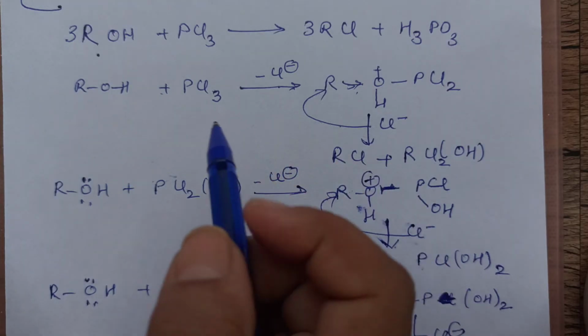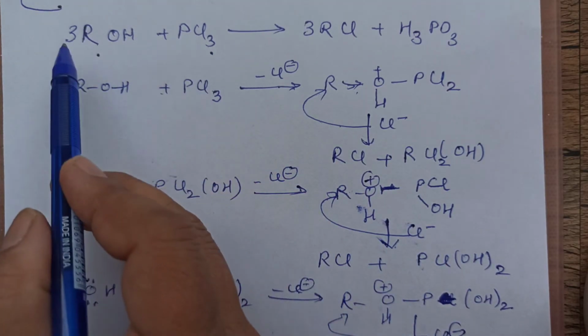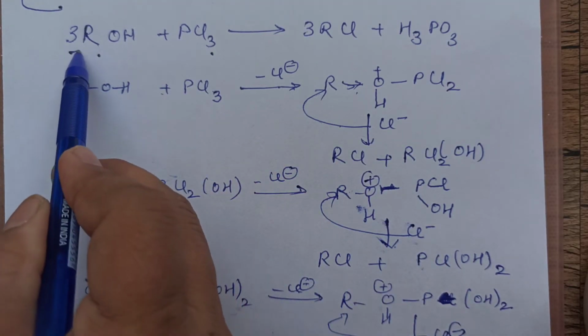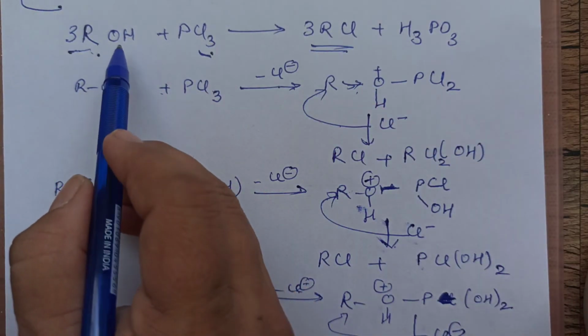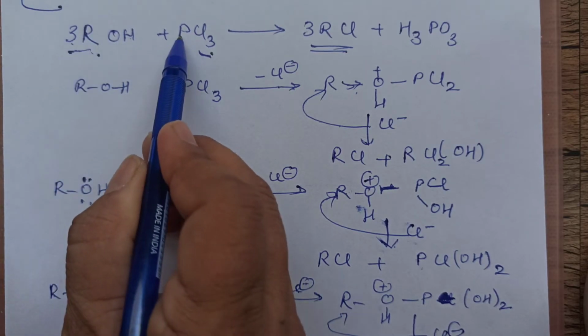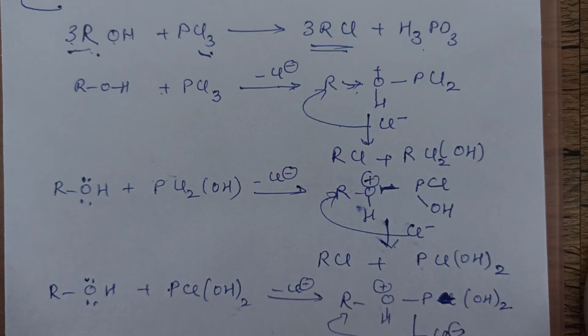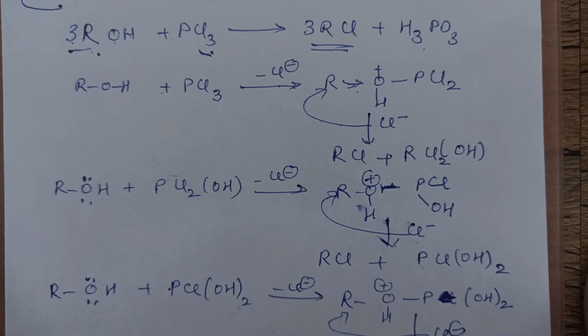If you have to learn simply, you will say 3 chlorines are there. So 3 alcohols you are taking. So 3 R's and 3 chlorines will give you 3 RCl plus whatever is remaining, H3PO3, phosphorus acid. So if we have to see the mechanism of this reaction, what we will do? Now, mechanisms are actually nothing. The product is formed, and that is just thought of later on. Might be the reaction must have occurred like this.